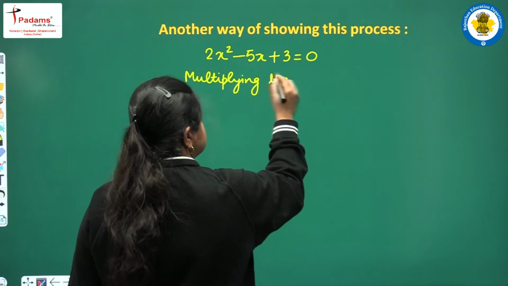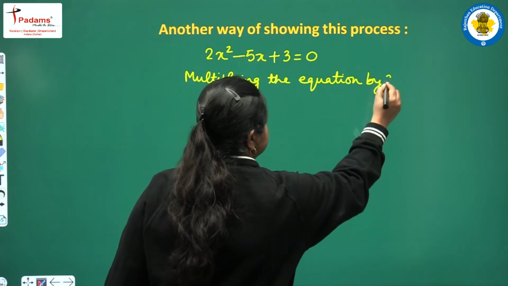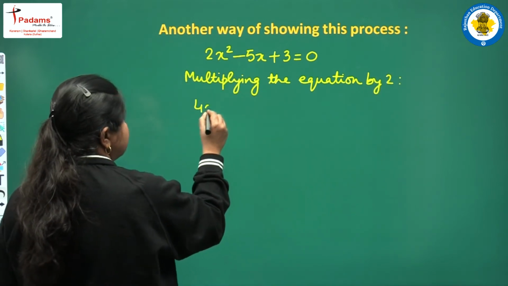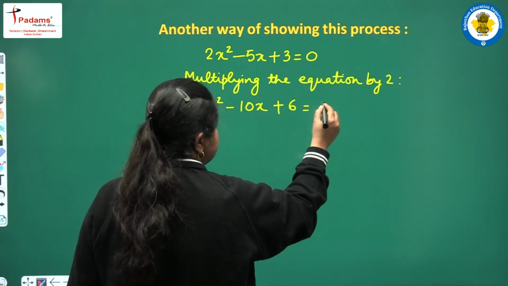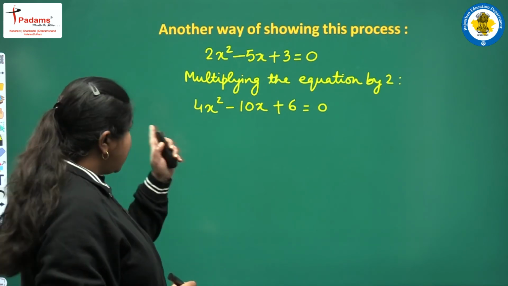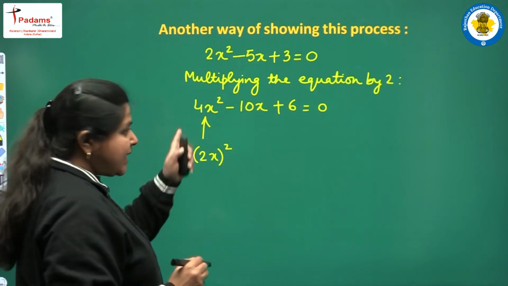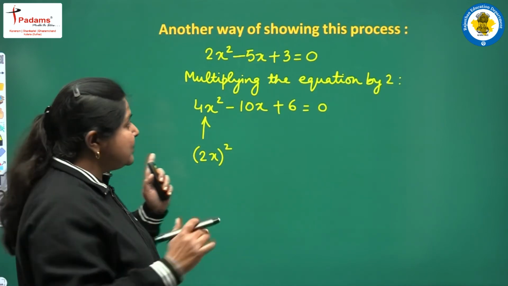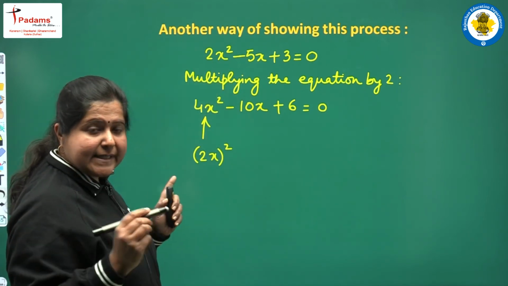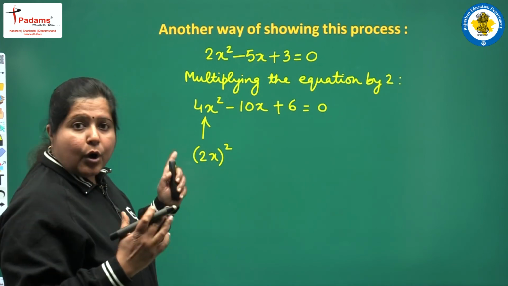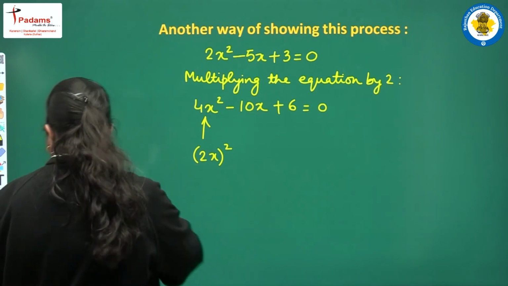मल्टीप्लाइंग द इक्वेशन बाय 2, देखिए it will become 4x square minus 2 into 5, 10x plus 3 2s are 6 and 0 into 2 is 0. अब आप देखिए इस टर्म को, इसे हम लिख सकते हैं 2x होल स्क्वायर। तो यहाँ से हमें एक स्क्वायर टर्म मिल रही है, इसीलिए हमने इस इक्वेशन को इस x स्क्वायर के कोएफिशिएंट से मल्टीप्लाई किया। हमारा पर्पस है कि ये जो टर्म है ये एक परफेक्ट स्क्वायर बन जाए, और वो जब हम इस इक्वेशन को 2 से मल्टीप्लाई कर रहे हैं तो एक परफेक्ट स्क्वायर मिल रहा है।